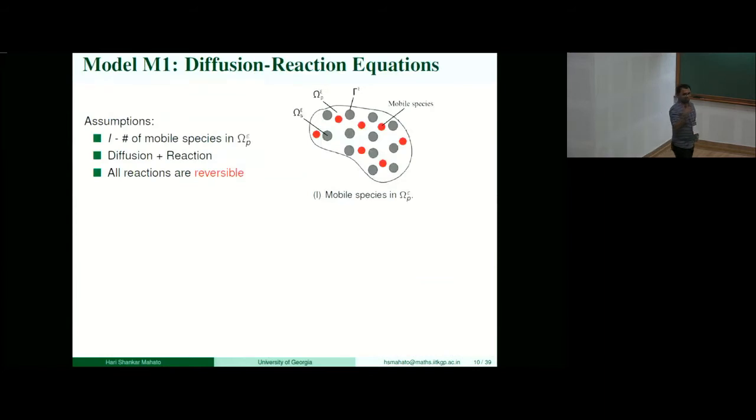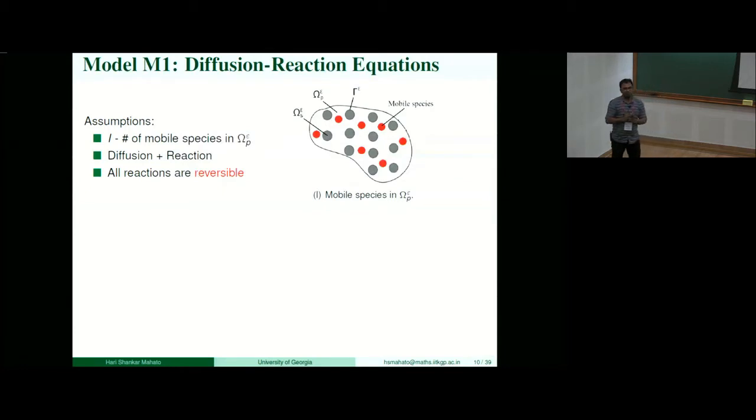So having these periodic assumptions, now I'm going to introduce several models where we will see how we are doing the modeling. This is the very first model, basically motivated from diffusion and reaction of chemical species. Suppose we have a given porous medium, and in the white spaces, these red dots represent the mobile species. You can have as many mobile species as you want.